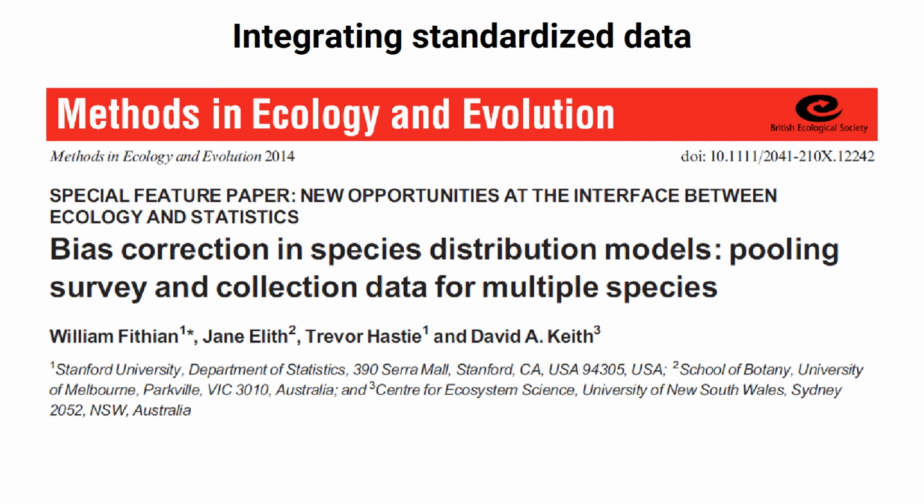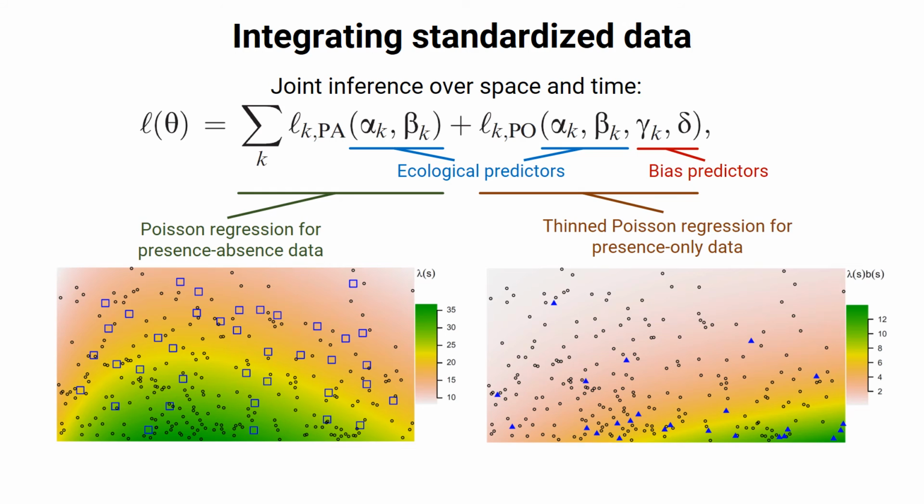al., mean that users need no longer choose between these two data types, but instead can combine them to exploit their respective strengths. Using this approach, smaller quantities of presence-absence data from standardized monitoring surveys can help to pinpoint biases in presence-only community-contributed data, while larger amounts of community-contributed data can help to fill gaps in the sparse coverage of monitoring data. Doing exactly this, we modeled the density and distribution of a subset of rocky intertidal species on the